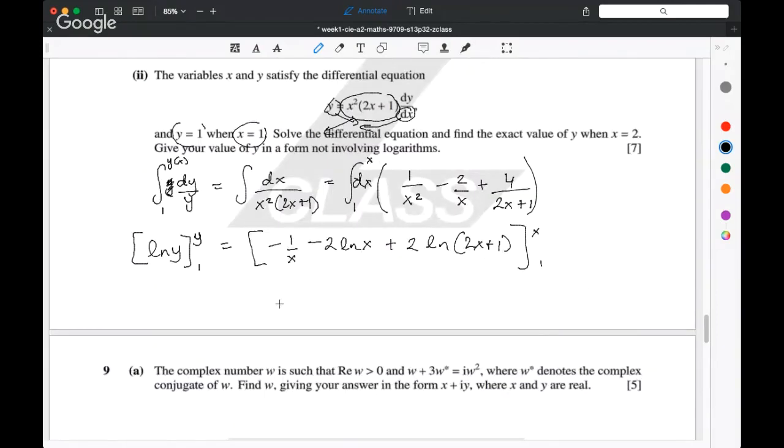And this is going to be natural log of y minus natural log of 1. Natural log of 1 is just 0, because the natural log asks you e to the what is equal to 1. Well, e to the 0 is equal to 1, as anything to the 0 is 1. So any log of the number 1 is going to be 0. And this is going to be equal to